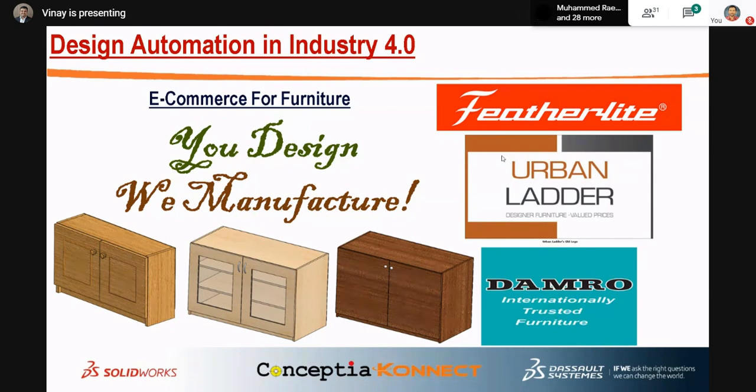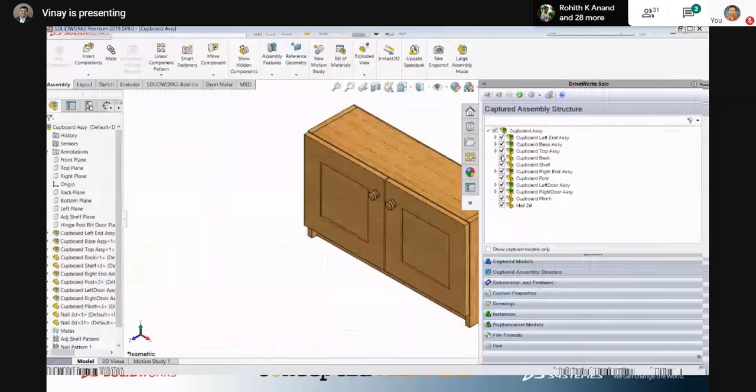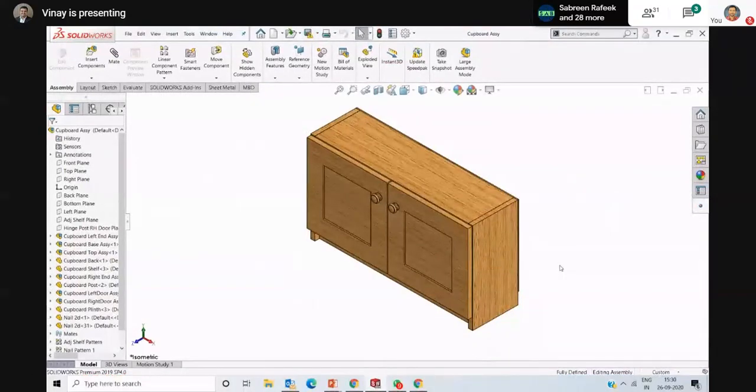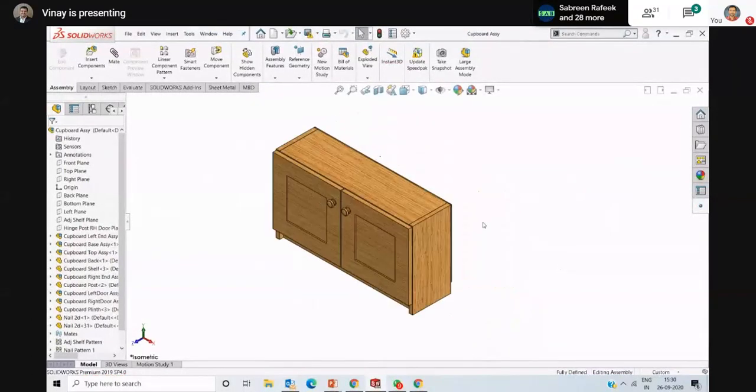Design does not mean we have to draw a line, sketch, extrude and assemble. What is needed for the configuration, they give in an e-commerce page. This is the SolidWorks software window, and this is the shoe rack.